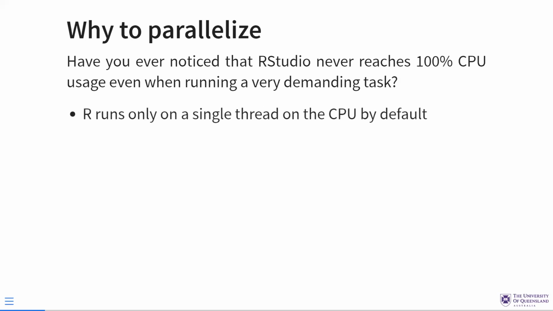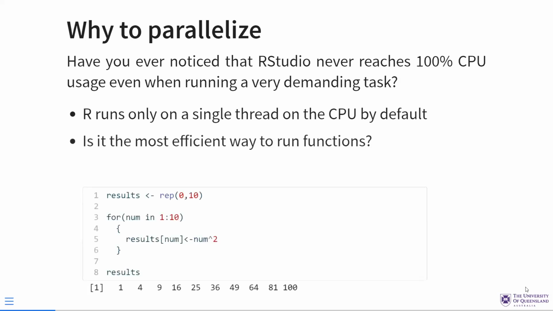It's always like 25%, 30%, but never goes above that. And why is that? Well, basically because R just runs on a single thread by default. There is no way to change that on normal R. So to change that, you actually have to do some tweaking and load some special packages to do that. So there are functions that,